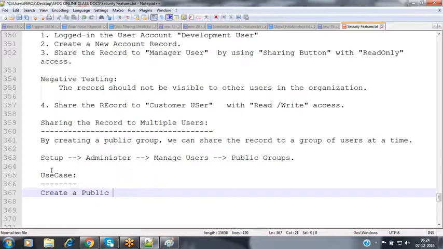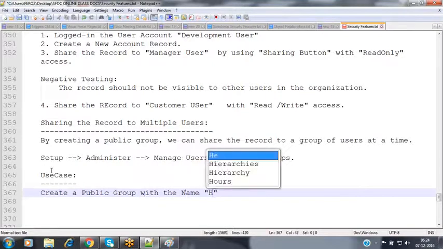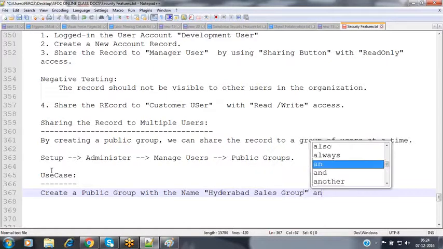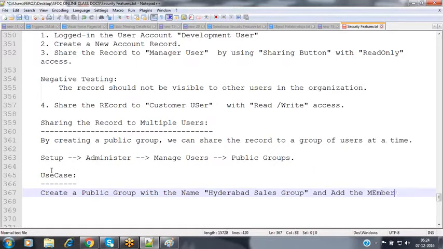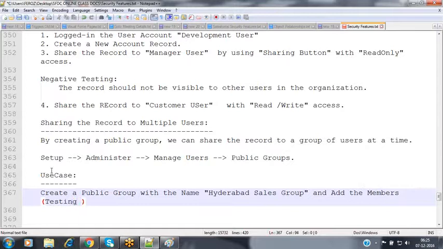Create a public group with the name Hyderabad Sales Group, and add the members like testing user and customer user. These two are the members.